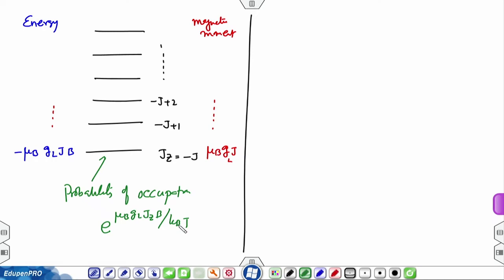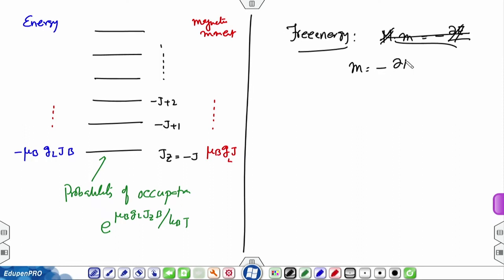So, now I know everything. I can calculate whatever quantity I want to. I can calculate the free energy by calculating the partition function, and then calculate the magnetic moment M as minus dF/dB, or I can calculate the magnetic moment directly